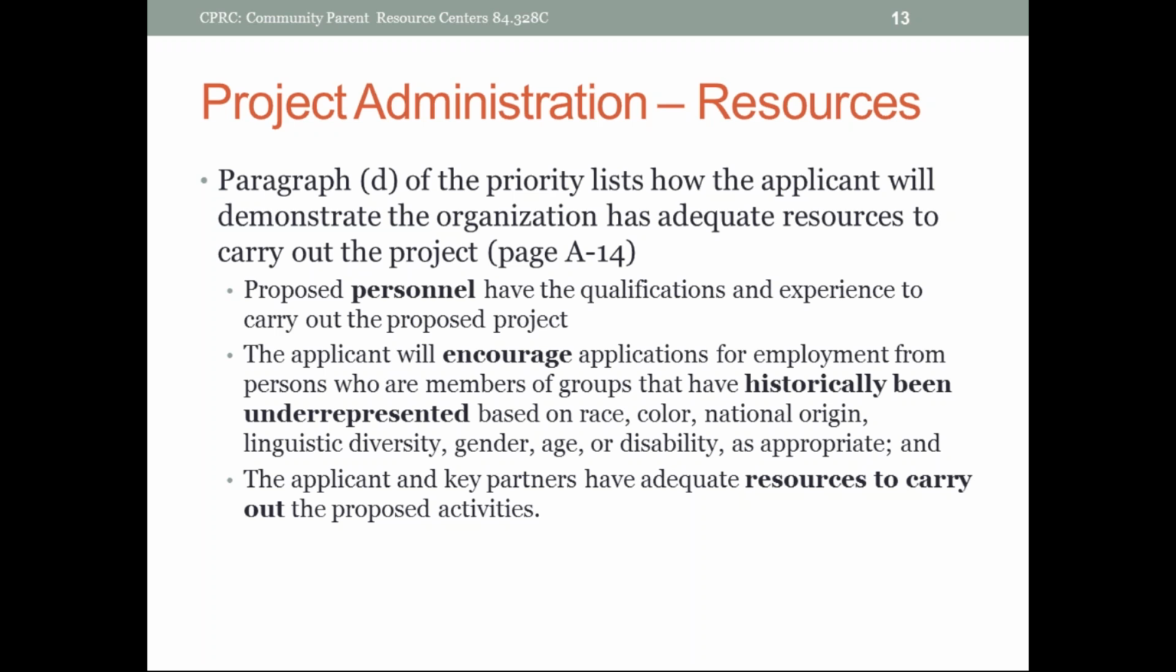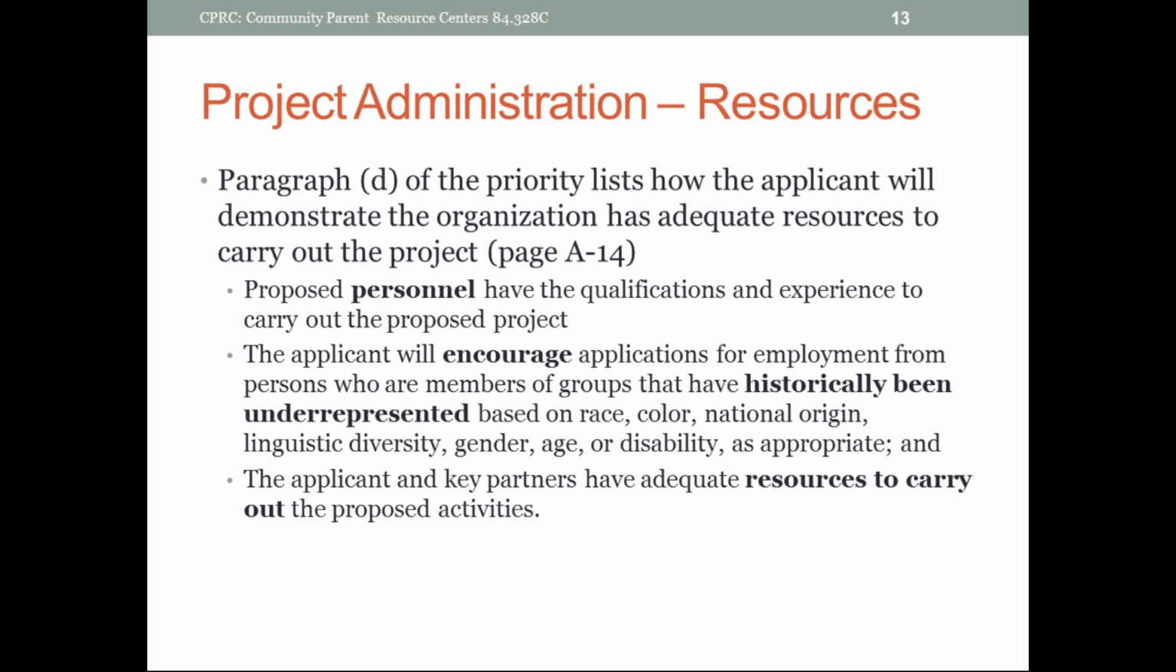The next section, paragraph D, talks about project administration and mostly about the resources of your project. So in this section, what you want to do is show how the proposed personnel, the people who are going to be working on the project, have the qualifications and experience to carry out the project, how your applicant will encourage applications for employment from persons who are members of groups that have historically been underrepresented based on many factors,